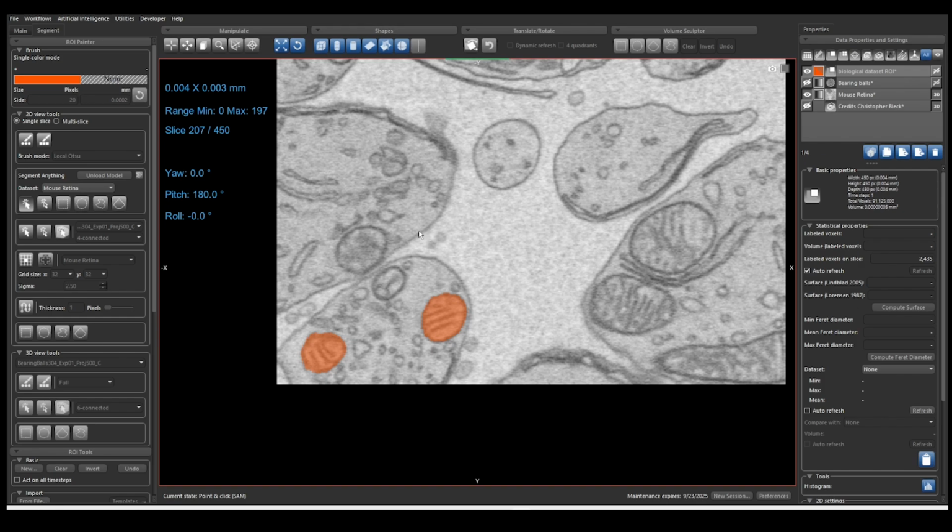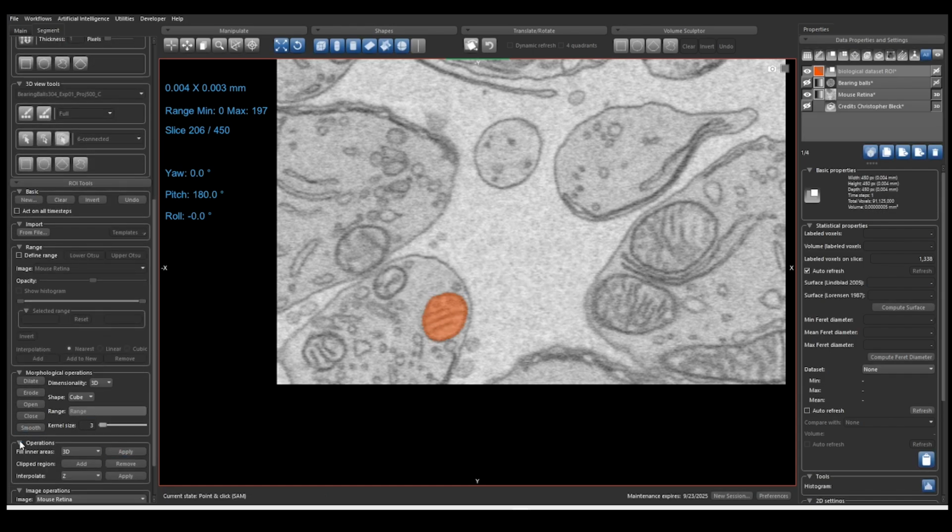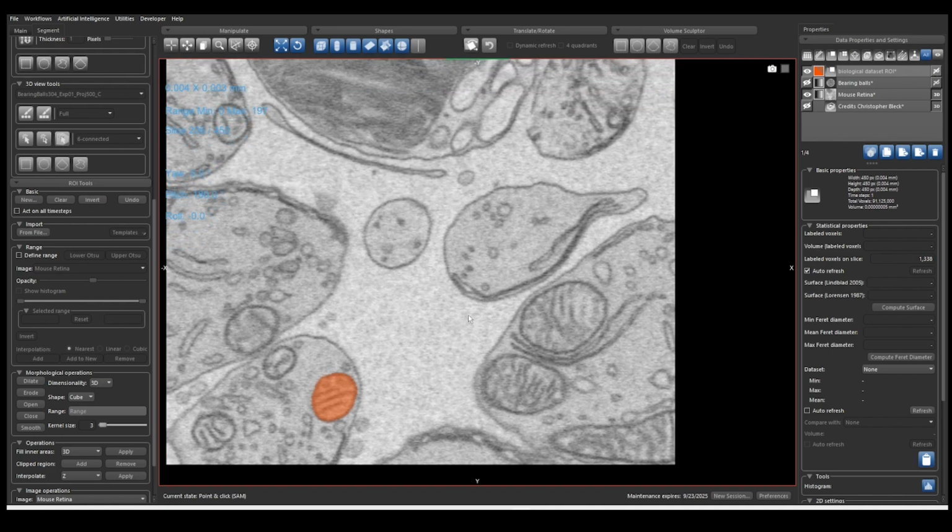It's important to note that SAM only works slice by slice, so it's a 2D segmentation, but this could be helpful if you click on Interpolate here, and that way you will have an in-depth segmentation, for example, in the Z-axis. Now, another way of using SAM or Segment Anything Model is through Segmentation Wizard.